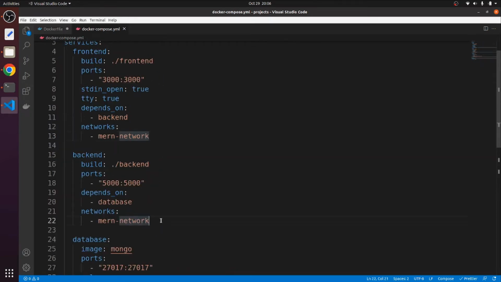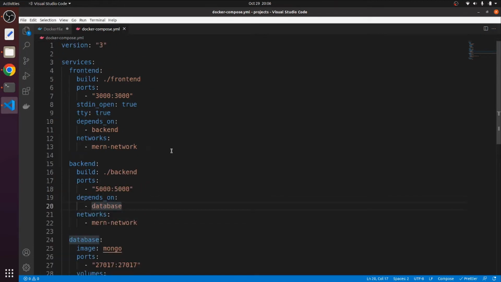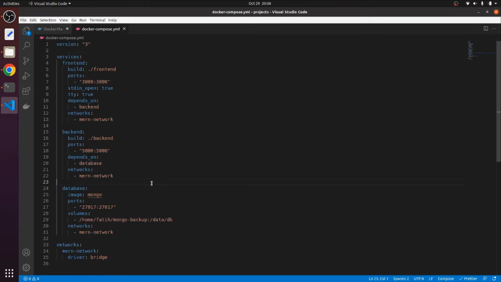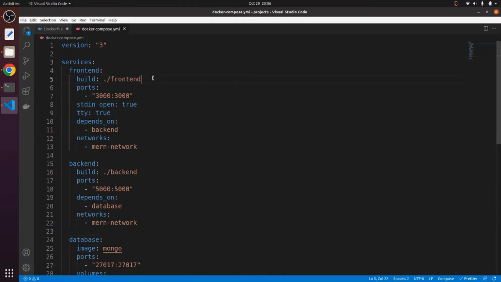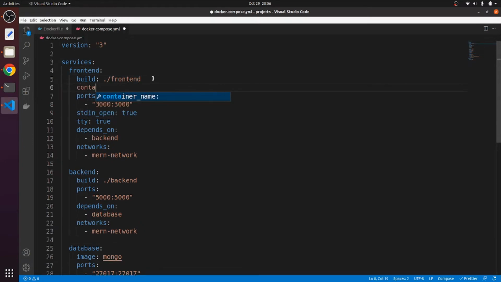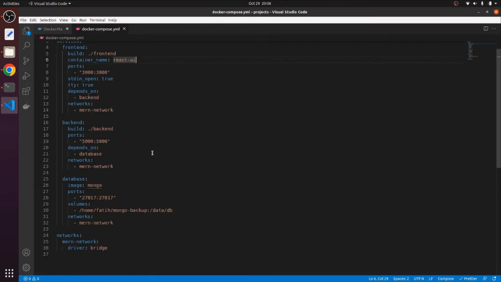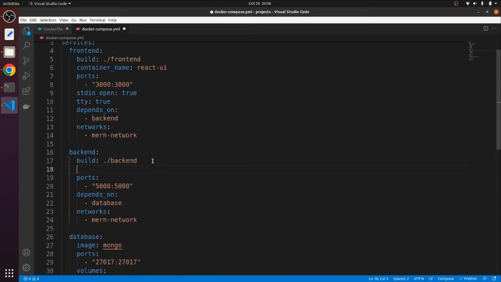And lastly, the last thing I forgot is container names. This is super important, really important, right? We're going to use container names to connect each service together. So for the frontend, let's say the container name, I'm just going to name it React UI, all right? And for the backend, the container name,